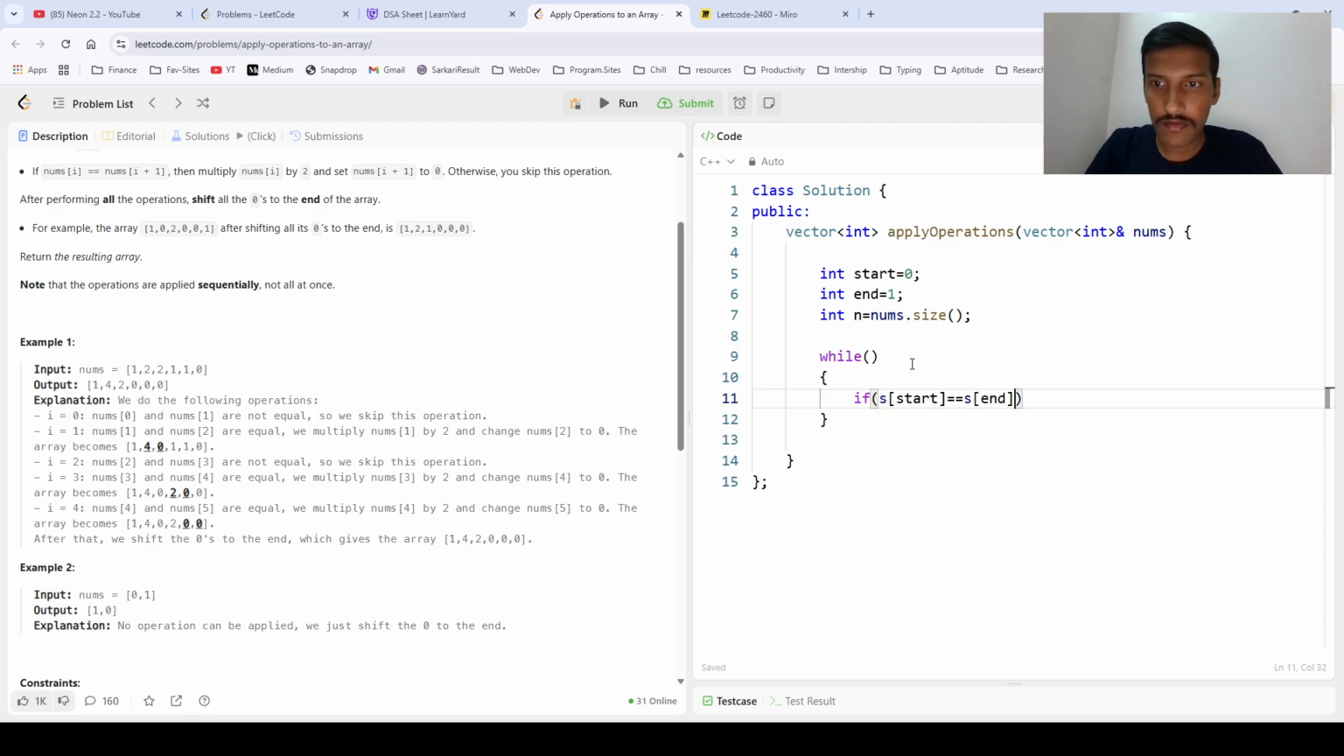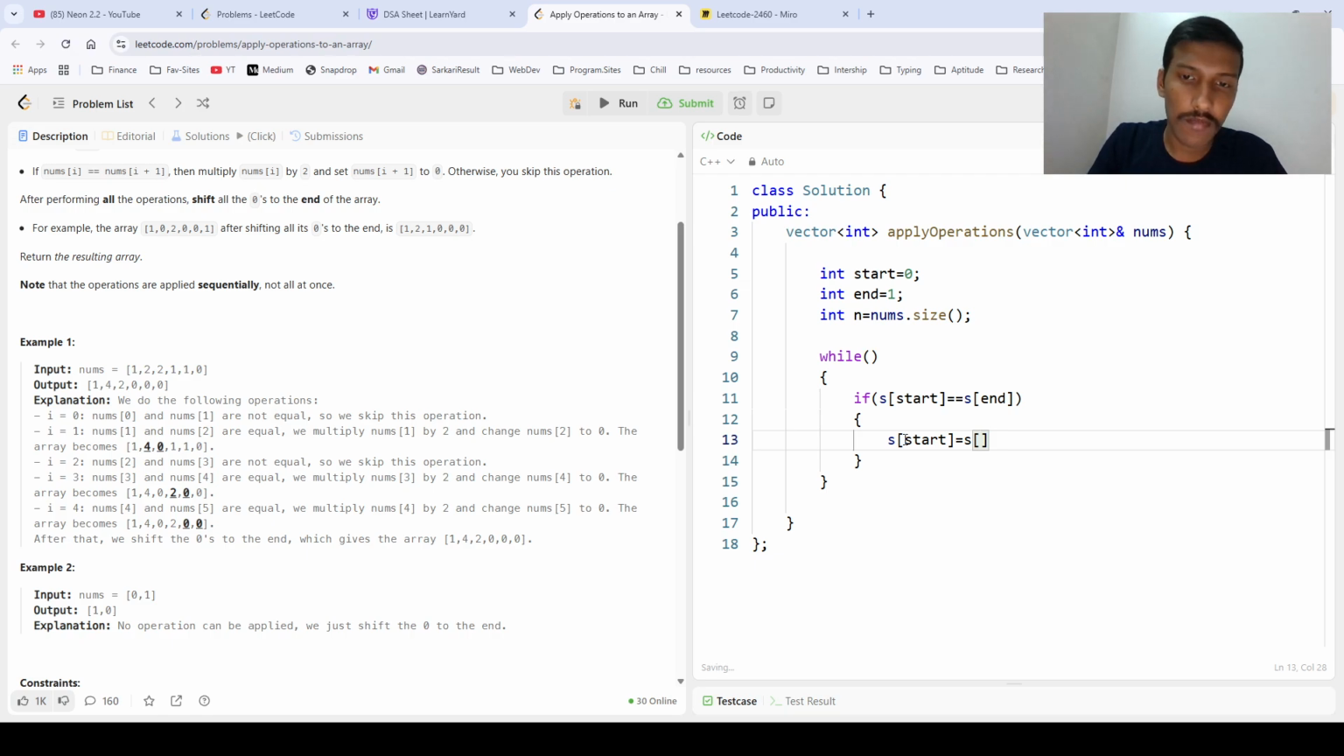s of end. Why are these equal? If these are equal, then we are going to perform the operation. If these are equal, what we are going to do is multiply the current number, which is the ith number, which is represented by start here. We are going to multiply that number by 2, and